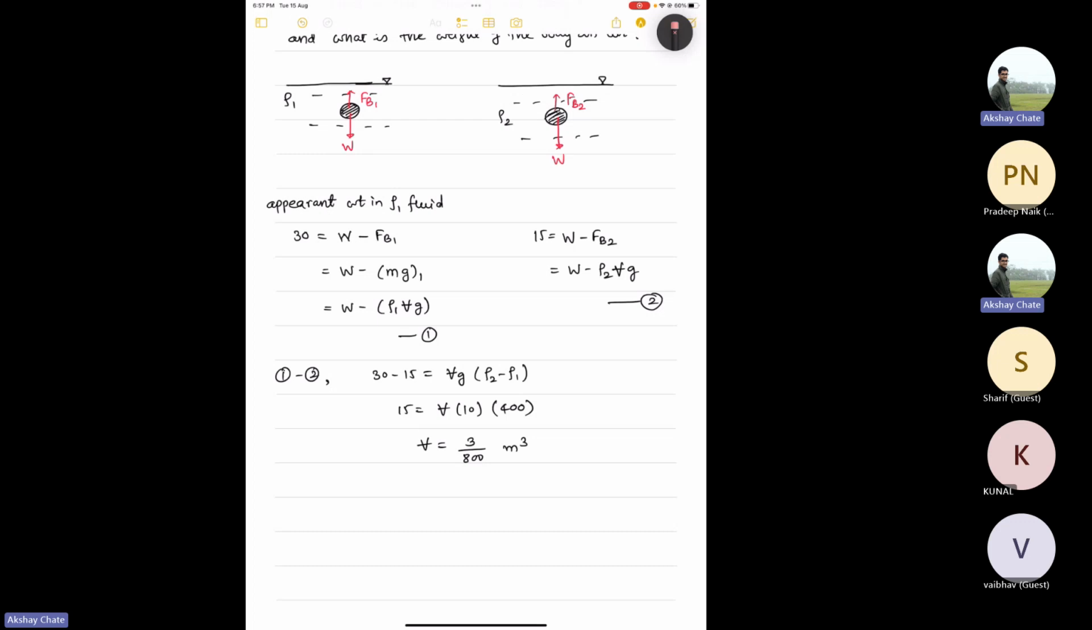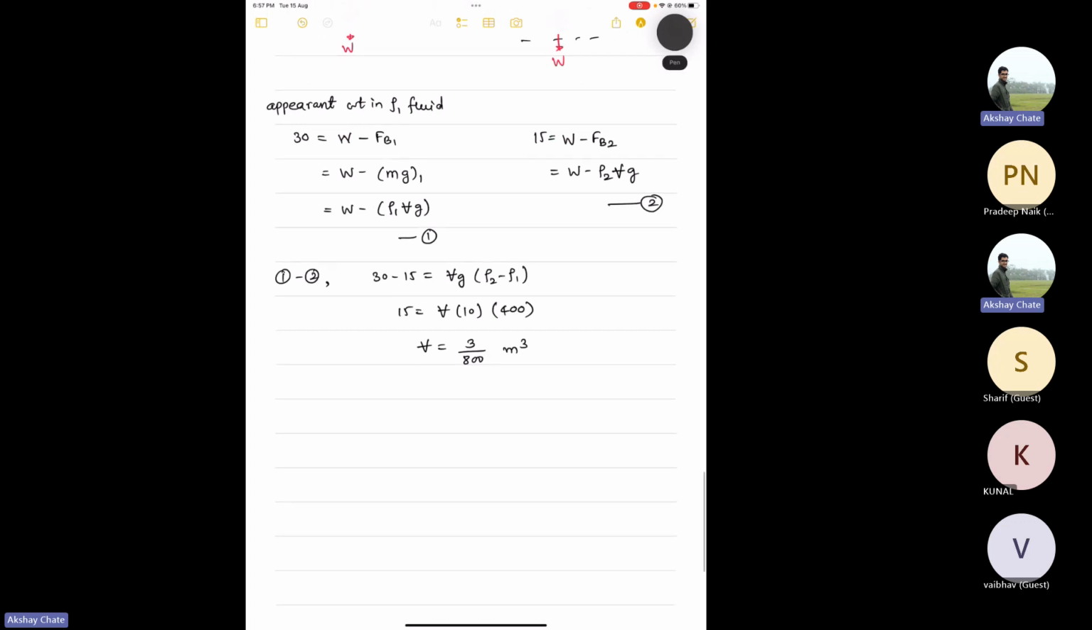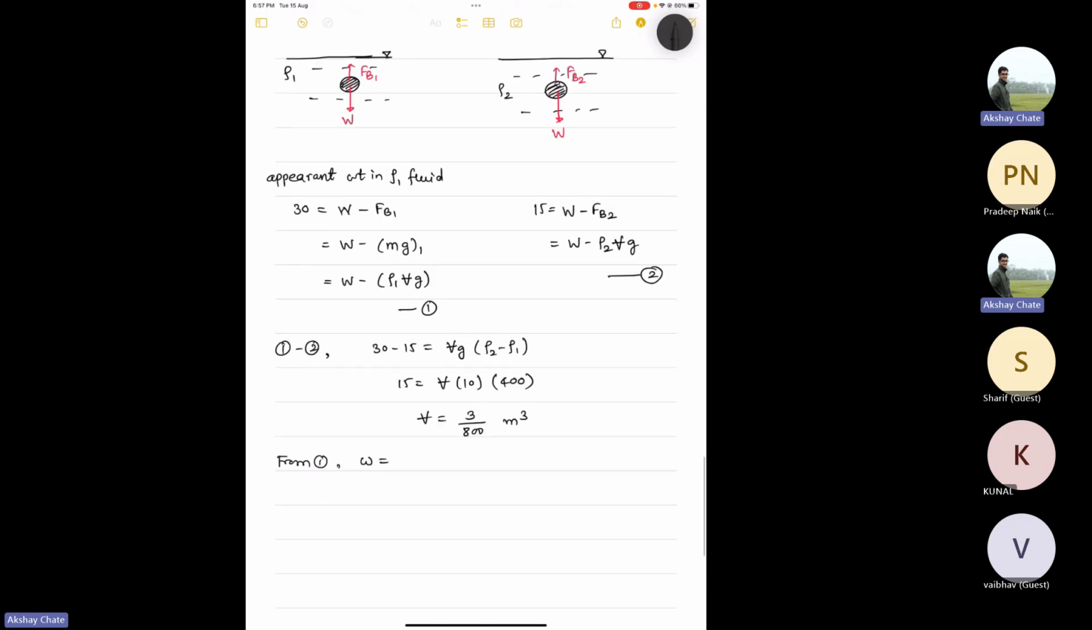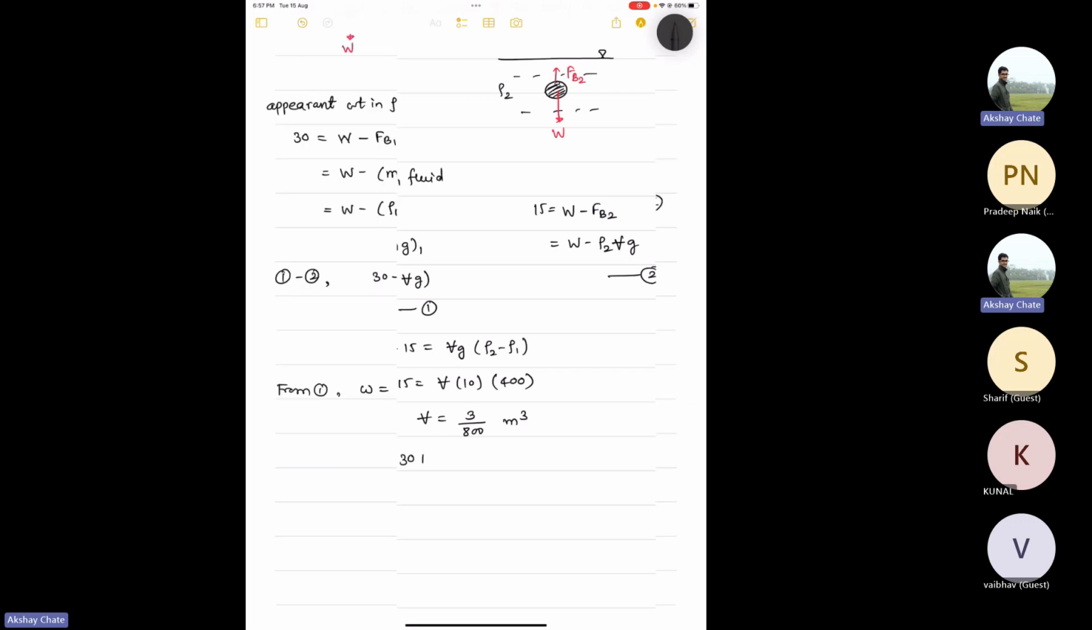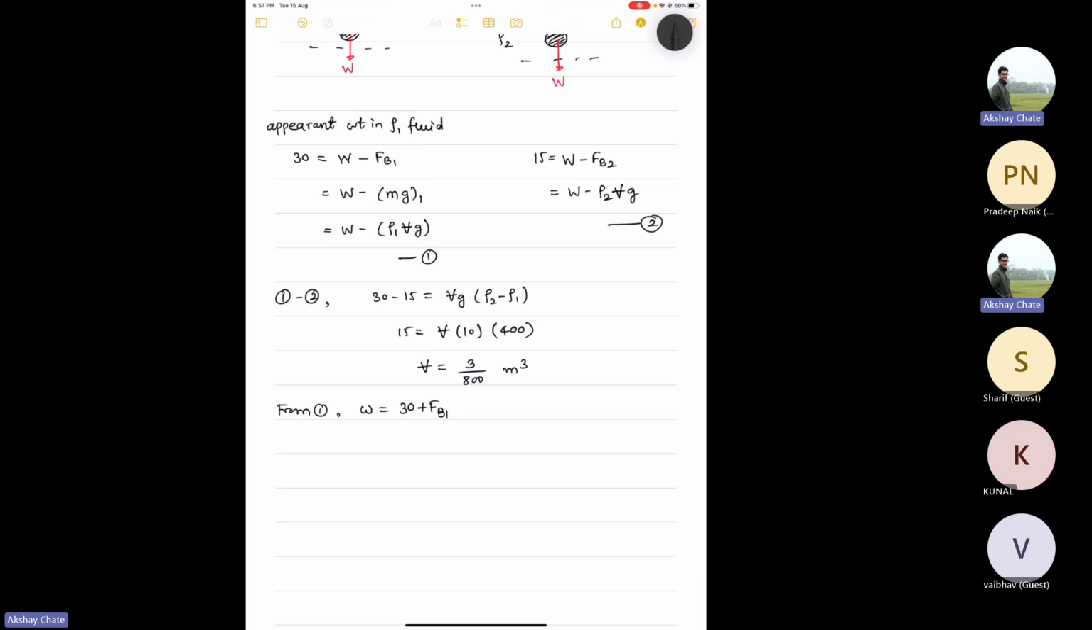See, W value should be greater than 15 and 30 for obvious reasons. So, from equation 1, W will be 30 plus FB1. Oh, I was solving it correctly only. Instead of adding, I was looking at the subtraction. Anyway,